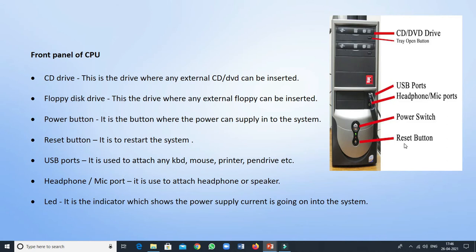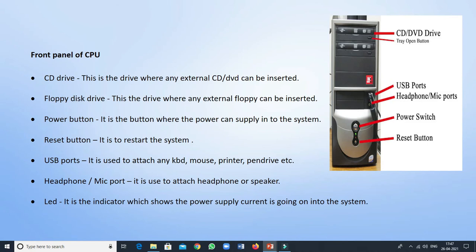And what about your reset button? The reset button is used for forcibly booting your system. Forcibly booting means what? Think about whenever you are working with your system, maybe your system is getting hung due to some problem. If your system is hanging, you have to restart your system forcibly. When you need that option, you may press this reset button, or from the keyboard you may press the Control, Alt and Del keys together. This type of booting procedure is called forcible booting or warm booting.